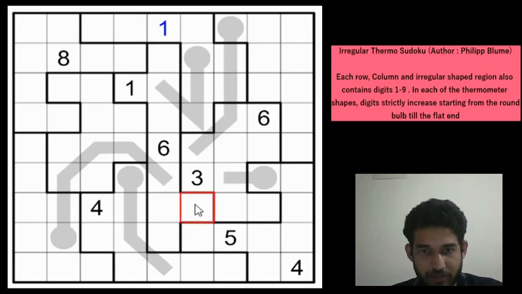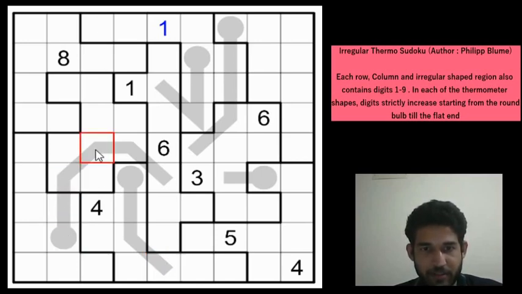And whatever is going to be in row 7 column 6 has to go here, right? Because this cell, let's call it X, cannot be in any of these 7 cells, right? Because it is in the same region and it has to be in column 5. X has to be in column 5. So whatever is going to be here would have to be here, right? Now let us try to fill the thermometers with some pencil marks.